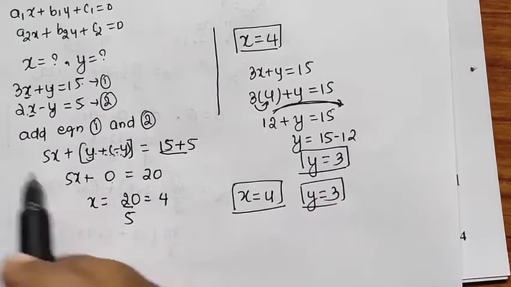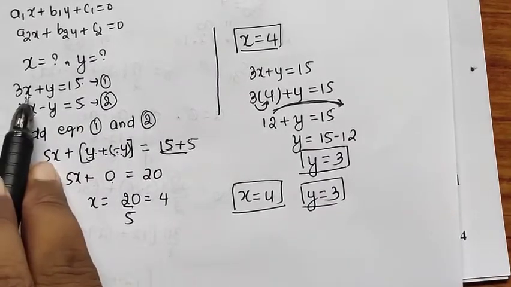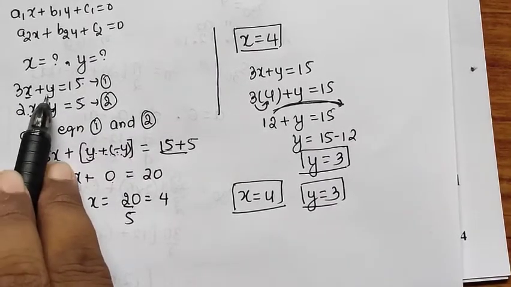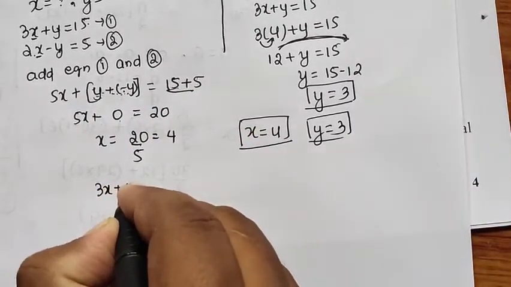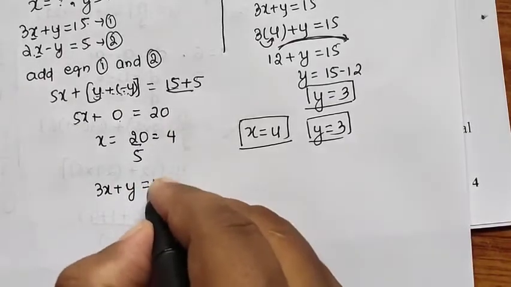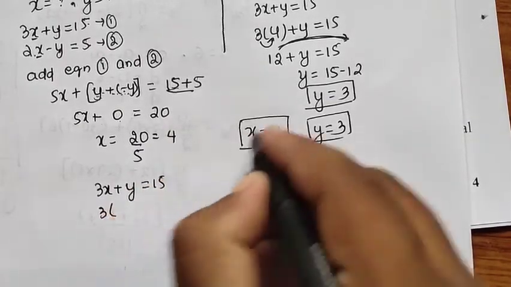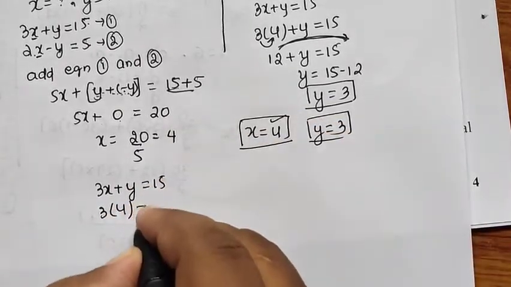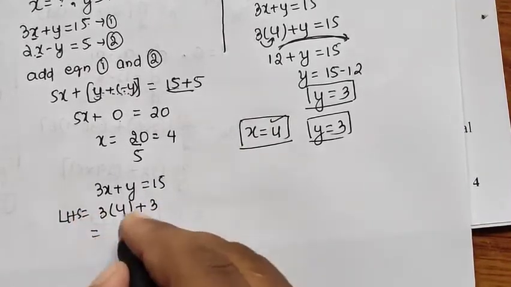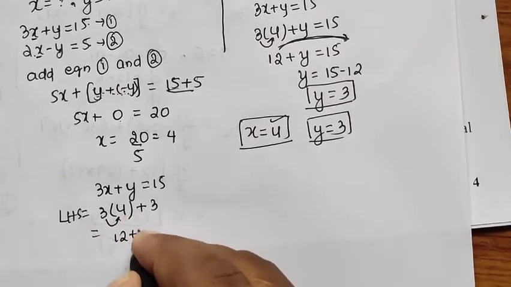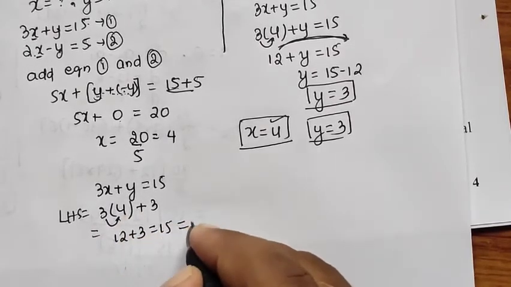अब चेक करते हैं, 3 इंटू 4 12, 12 प्लस 3 इज 15। अब चाहे तो चेक कर सकते हो कि आपका आंसर सही है या नहीं। 3x प्लस y इज इक्वल टू 15 दिया हुआ है, x का वैल्यू 4 है, सब्स्टिट्यूट कर दो, y कितना है 3, ये हमने सिर्फ LHS ले लिया, LHS में सब्स्टिट्यूट किया, 3 गुणा 4 12, 12 प्लस 3 इज इक्वल टू 15, जो कि RHS के बराबर है।